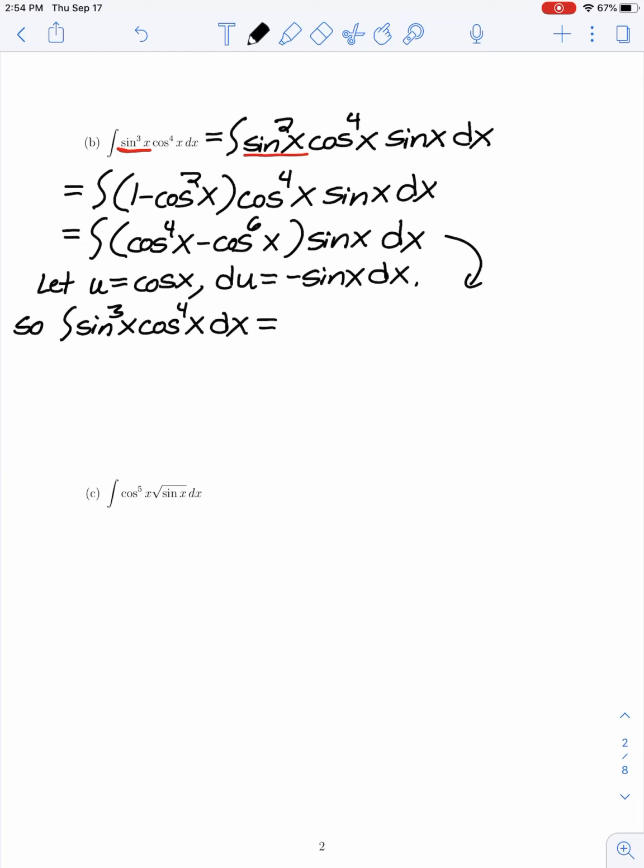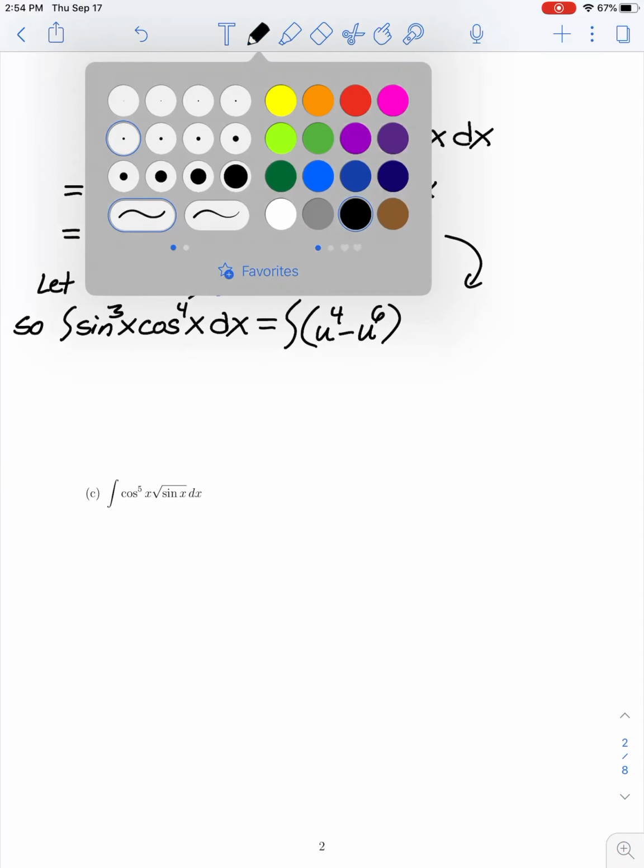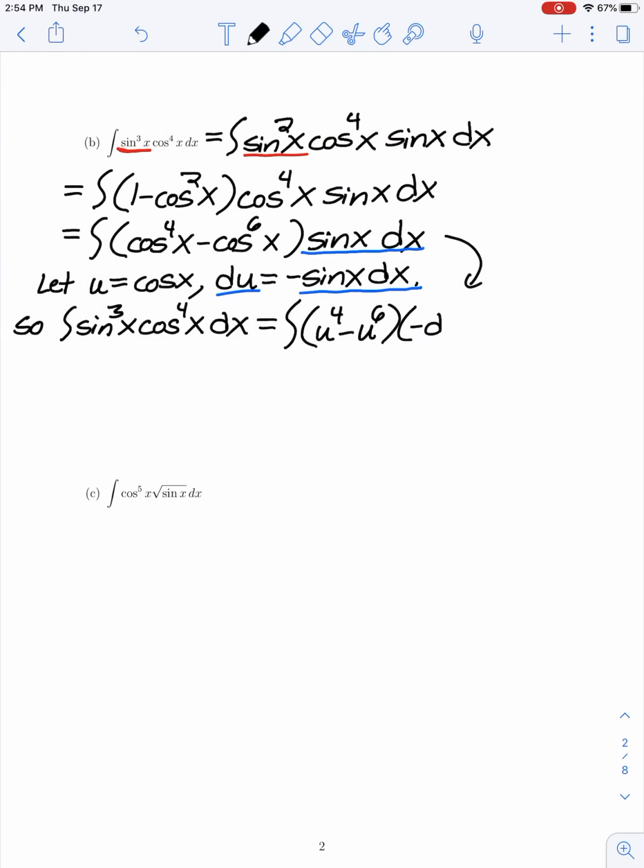And we rewrote it in terms of sines and cosines as we had in the line above. So rewriting that in terms of u, we would have u to the fourth minus u to the sixth. And then on the end, we had a sine x dx. So if we solve for sine x dx, we could see it would be the negative of du, just multiplying both sides of that equation by a negative 1. So on the end, we'll have a negative du,